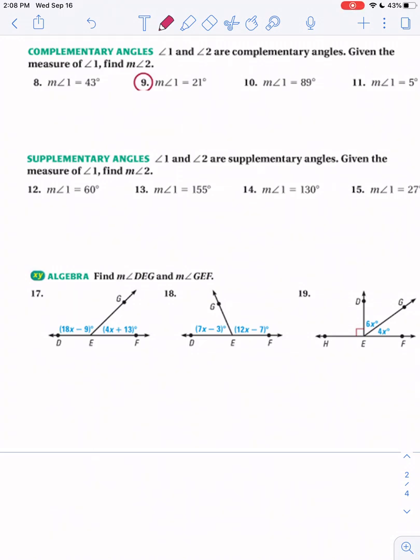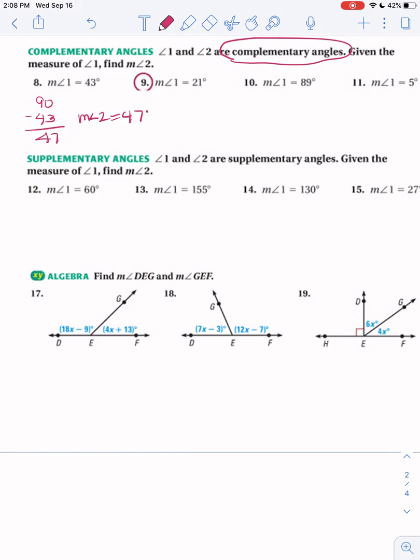This is Honors Geometry Lesson 1.5 Example Problems. We learned that complementary angles have a sum of 90 degrees. So we're given that the measure of angle 1 is 43 degrees. The question is, what would the measure of angle 2 be? So I just take 90 minus 43, and I can see that the measure of angle 2 would be 47